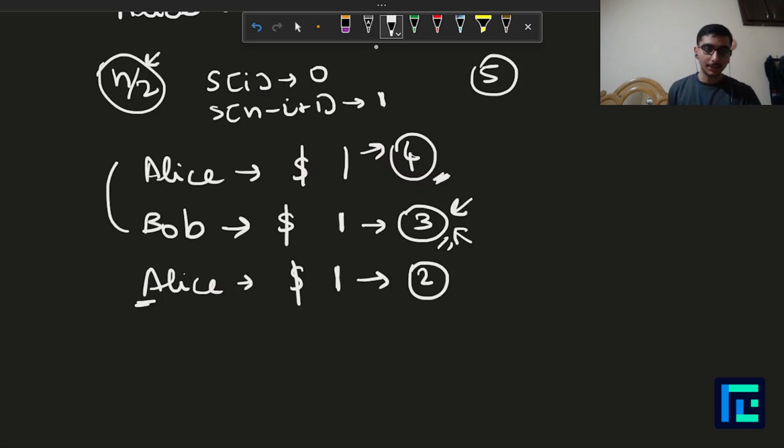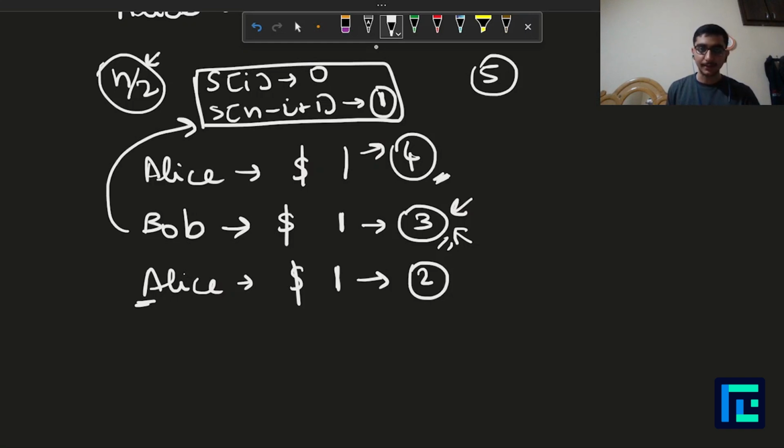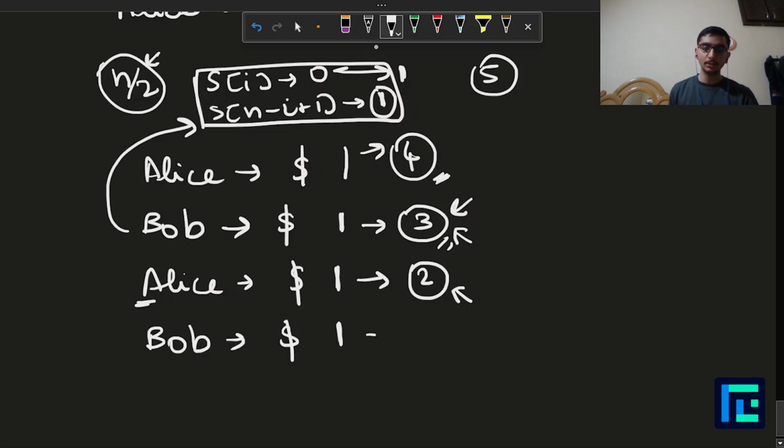So after this operation, this is the case for at least one 0: this has been converted to a 1, but this is still 0. So Alice can now convert this 0 to a 1 and again make the resulting string S a palindrome. So after this operation as well, our string would be a palindrome. Now what Bob will do, he will have to pay a dollar and only 1